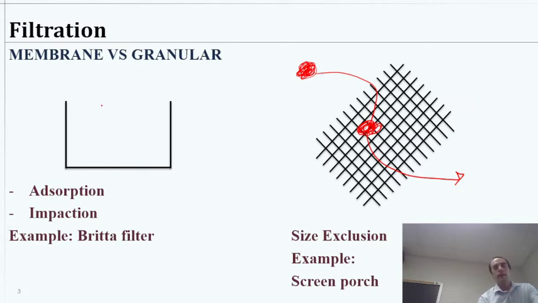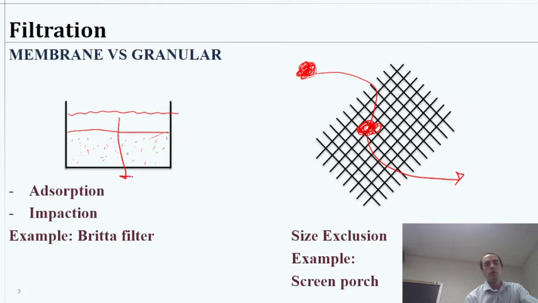So that's the difference here, whereas a granular filtration system, we have water and it's going to be pushed through this bed of sand or granular media. So if I just pretend that's full of sand grains, this is our granular media. Then water is going to be pushed through it and out. So we'll say maybe we'll collect it that way. And as it's going through, if there are particles that are larger than the space between the sand, yeah, there's some size exclusion. But really what we're after is some of the